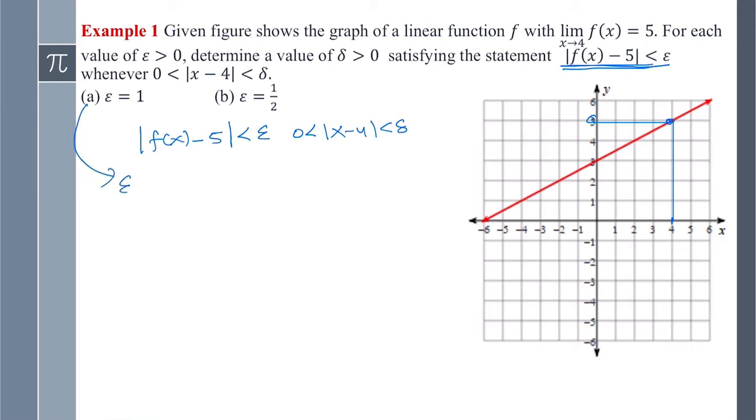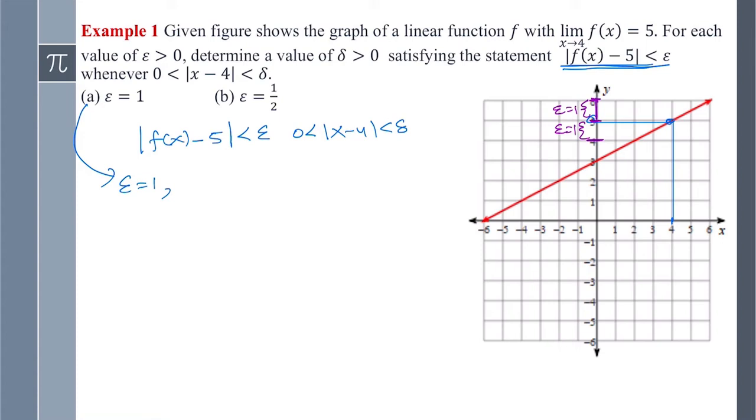So if epsilon is 1, so let's say here's our number 5. Then I can go 1 unit above that 5 and 1 unit below 5. So this is epsilon, which is 1. Now, for that epsilon, what is our delta? Or for that threshold on the y-axis, what is our threshold, or what is the distance on the x-axis,